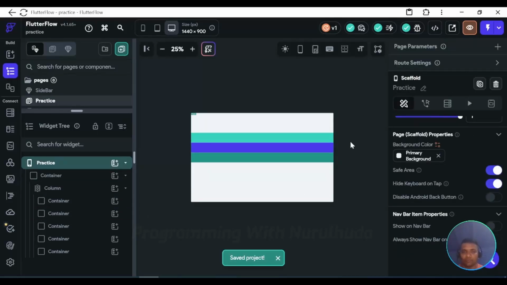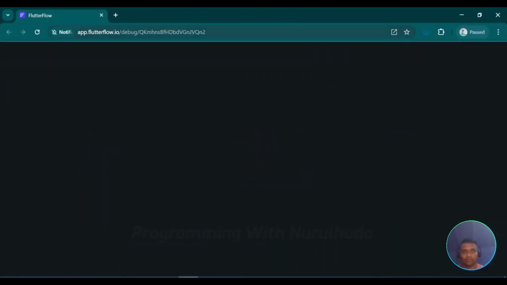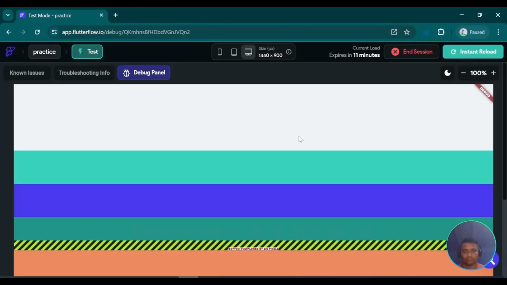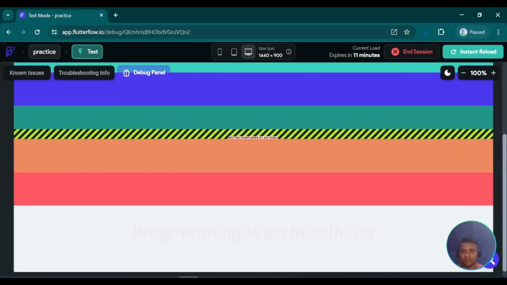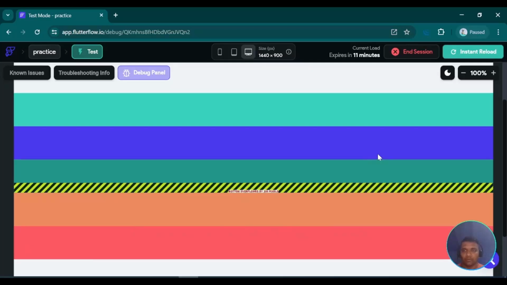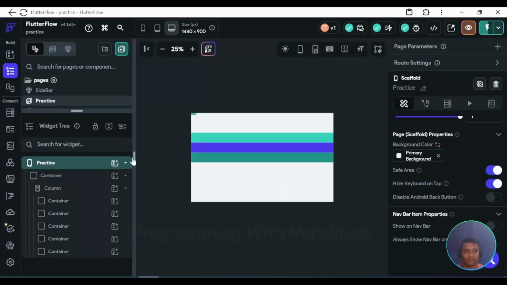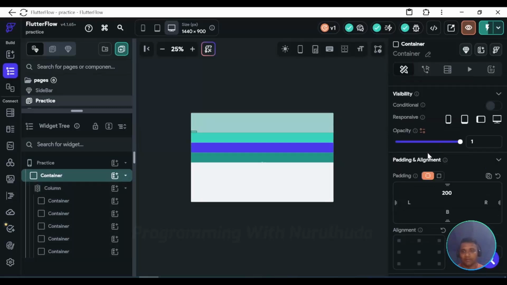First start the project. Now the project is started, but we can see that the container's child elements overlap. So now we are going to the FlutterFlow editor, and here select the container and